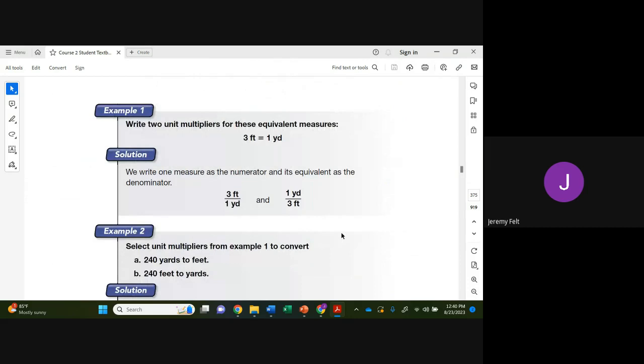So 2 unit multipliers we could use for the equivalency of 3 feet equals 1 yard. We can write it both ways. 3 feet over 1 yard. Well, 3 feet and 1 yard are the same thing, so that's still 1. Or we could flip it, just like 2 over 2. They're both 1. Anything over itself is just 1. So we can write it as 1 yard over 3 feet, and that's another unit multiplier, and it's still equivalent to 1. All right, so for converting 240 yards to feet,